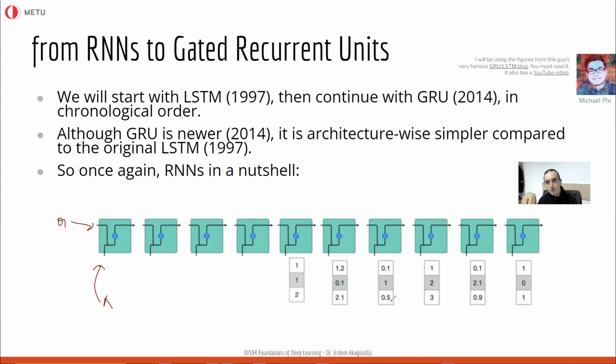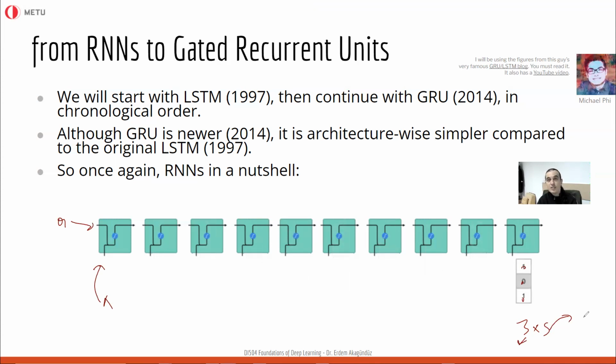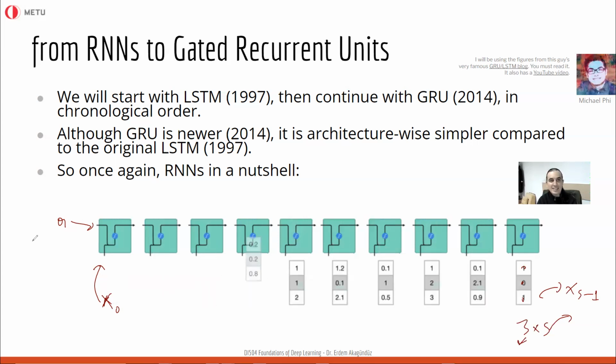So this is a sequence of vectors. This is a sequence of S vectors, where S is the sequence length, and 3 is the feature length, because I have got 3 values. So I'm feeding S number of 3-long vectors. The first one is X0, and the last one is X_{S-1}. I'm feeding it from the input. And I'm also feeding an initial value for the hidden states, which we said is conventionally all zeros.